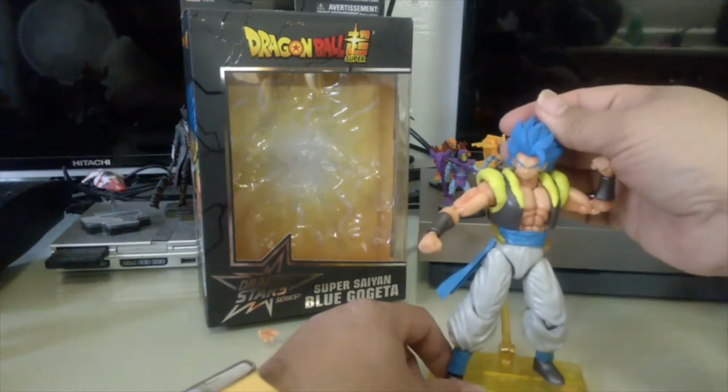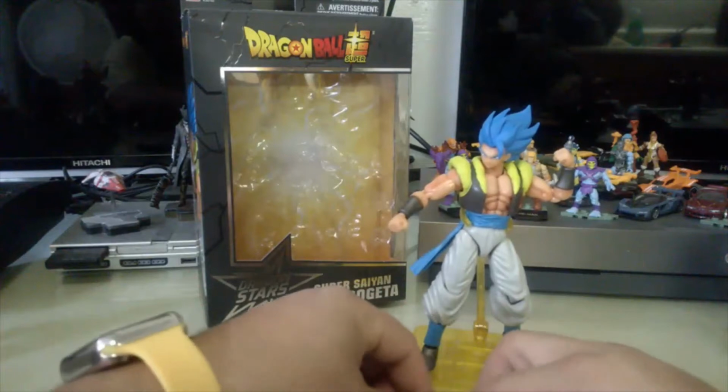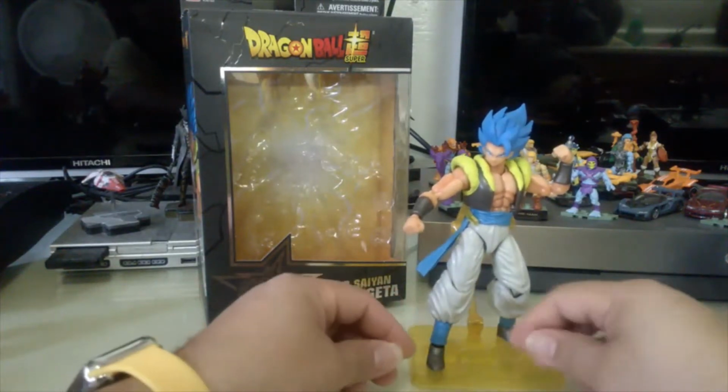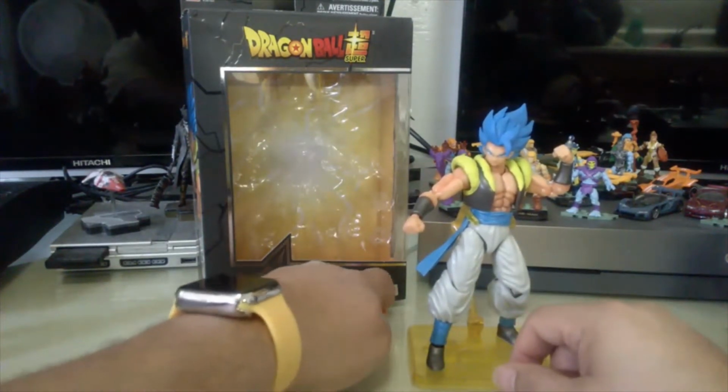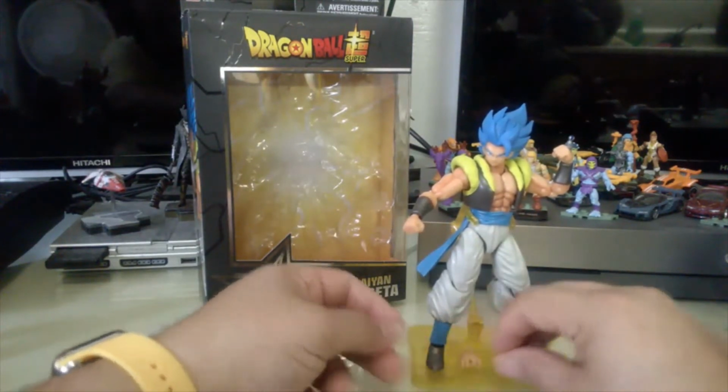And then his head torqued up. Boom. And there you have him in the stand. So I think he's solid. I think for the price point, you're getting a really good figure